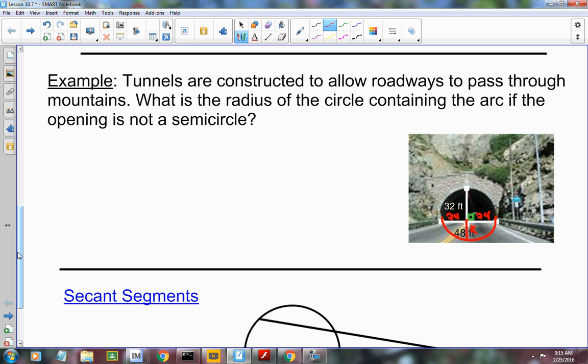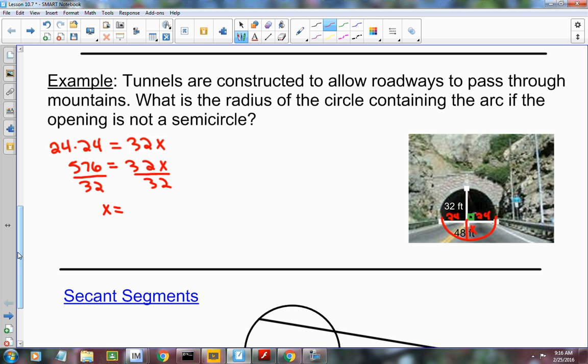One of the chords is broken into 24 and 24, so you're going to do 24 times 24, and then the other one is going to be 32 times x. And 24 times 24 is 576 equals 32x. We're going to divide both sides by 32, and x ends up being